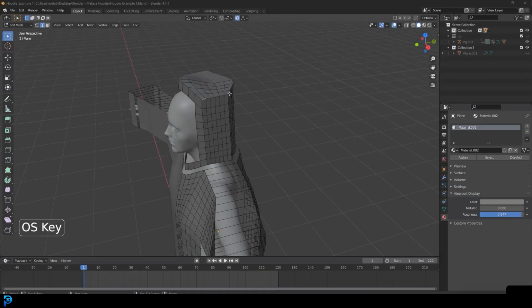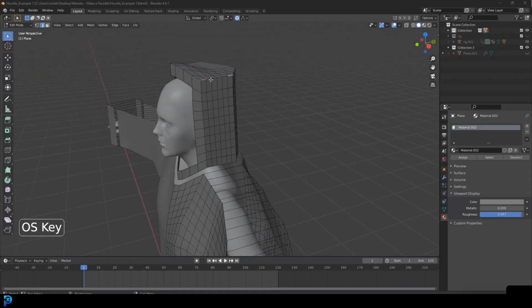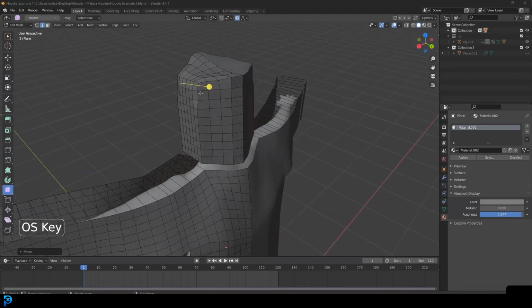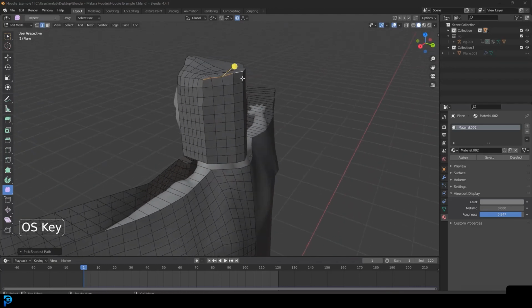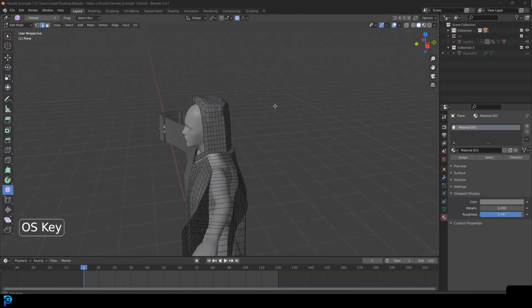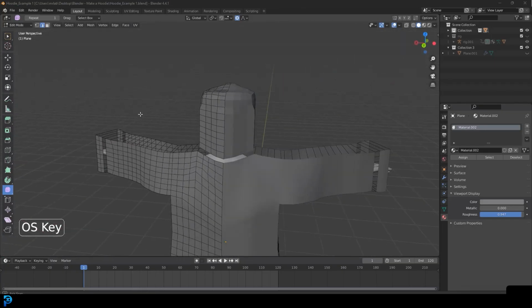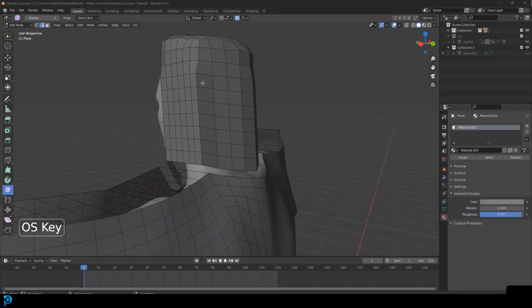I'm also just going to grab this edge here. Okay, and I'm just going to go Control plus to grow the selection, go to the smooth tool, and also just smooth that out a little bit. Just like that. So we're just forming the hoodie around here. Also just going to grab this edge, Control plus to grow it, and just smoothing that out as well. Okay, so that's looking a lot better, and it'll look really awesome once we